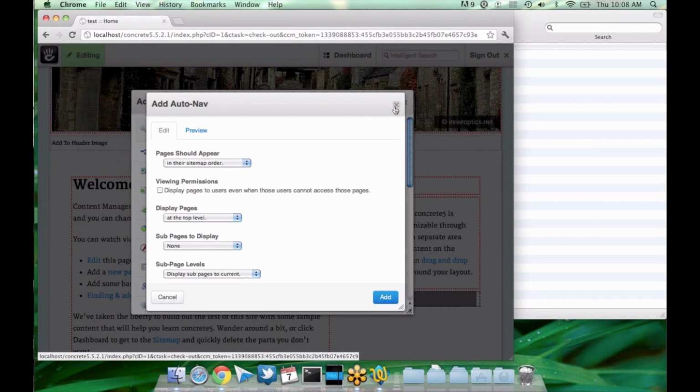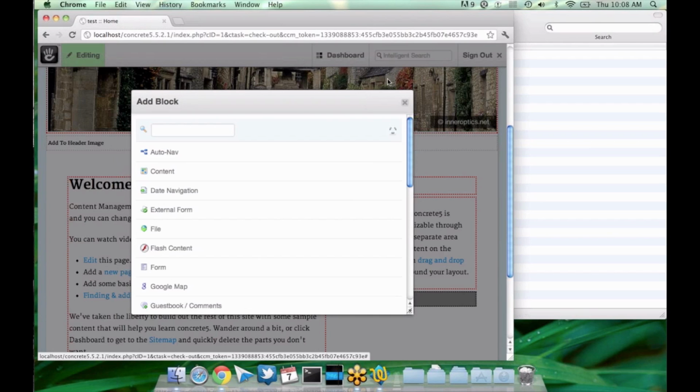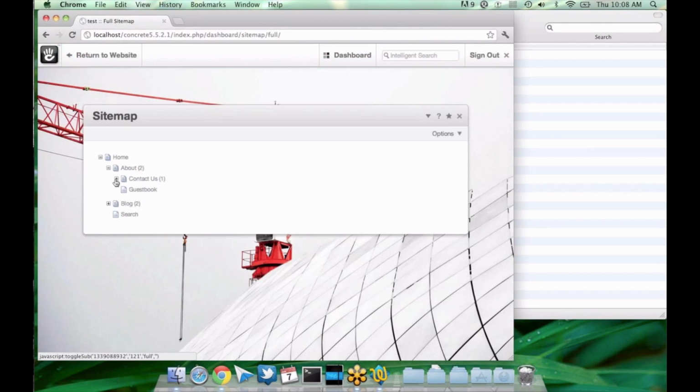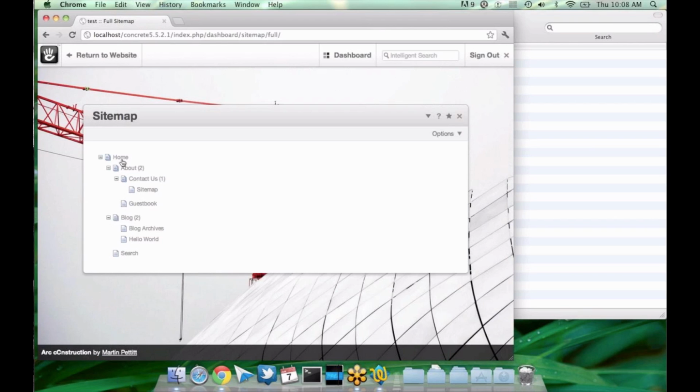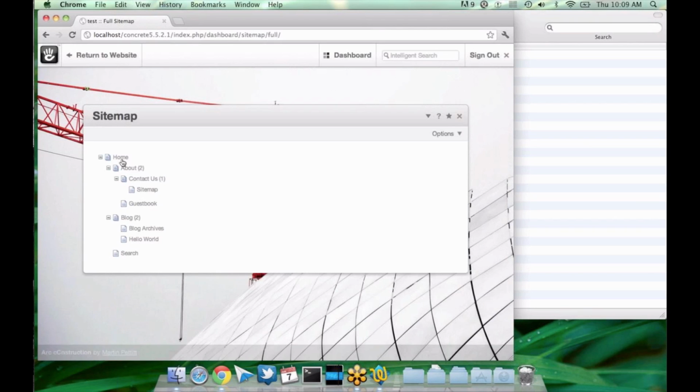You could think of this as a contrast to the page list, in that both the AutoNav and the page list return pages in your site that you can link to. But the AutoNav is typically meant to be used when you want to reflect the actual structure of your site. So if I back out of this and head into the sitemap, this is a good example. Every concrete5 site, as you undoubtedly know, is built in a tree fashion, with the home page being the top level page. If you want to display all the pages of a certain type, or show pages in a list with a description and the date,